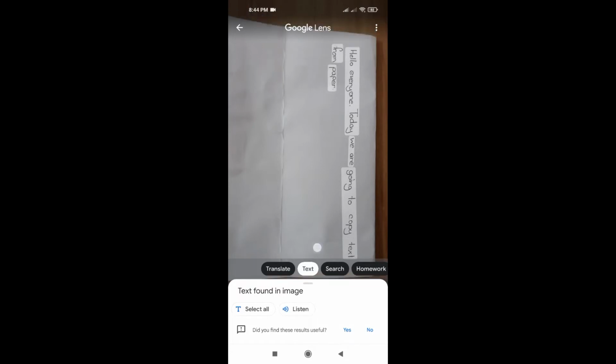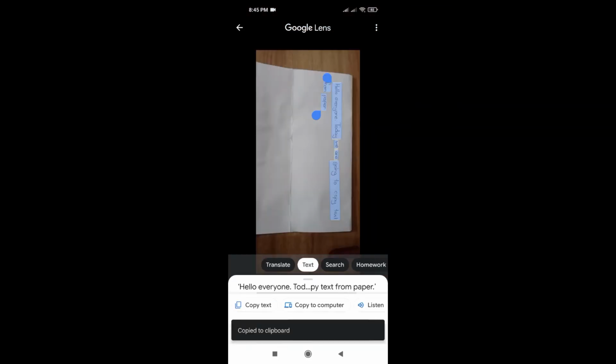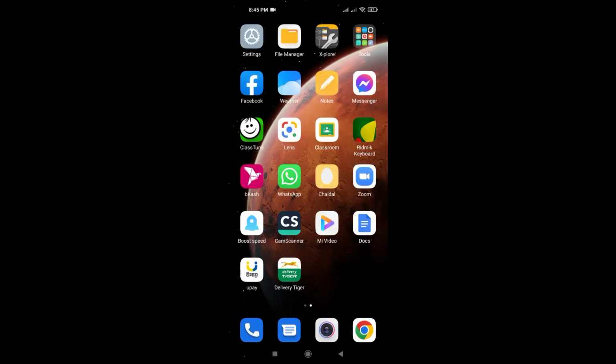Okay. So if you want to copy this text, you just click here, select all. So I will click select all and then we can copy. Okay, here it is written copy to clipboard. So now you can go anywhere and paste this text. You can write lines of text and copy them from Google Lens. So you do not need boring typing, just write by hand first and then just